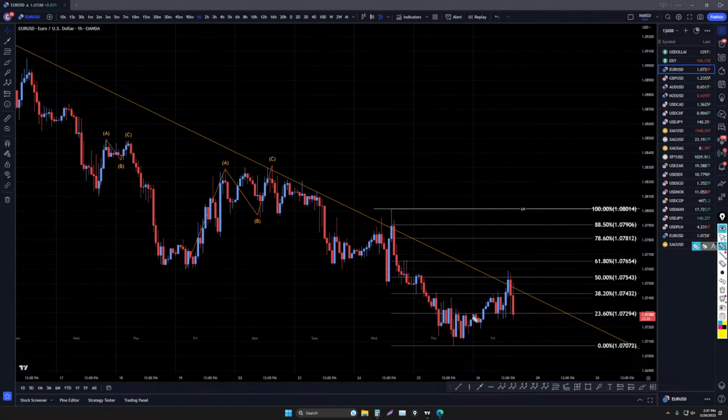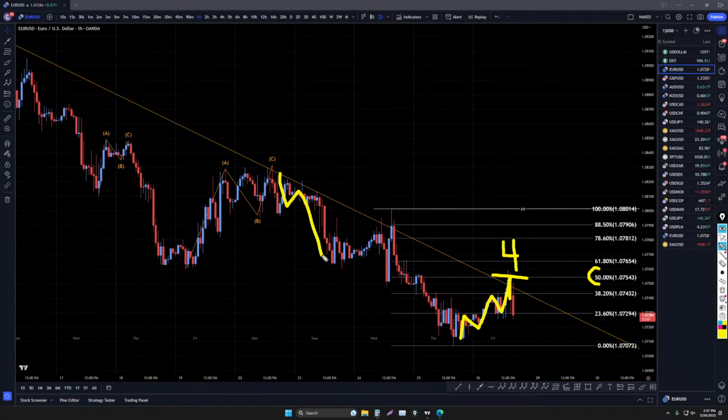On the 1-hour time frame, this move up was a little tricky because it definitely looks like a trend. That's like a 5-wave pattern up right to the 50% Fibonacci level. It definitely looks like a trend, but it was a little on the corrective side, and when it made that big impulsive turn, it was pretty obvious that it's trying to go down again. I think it's a 4.